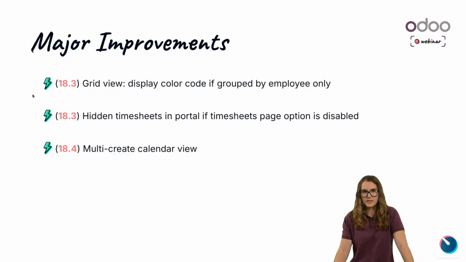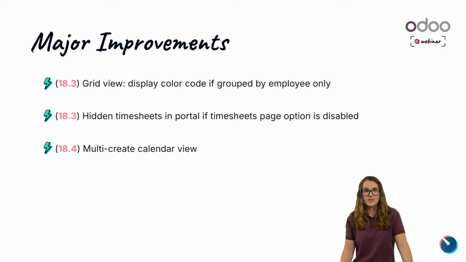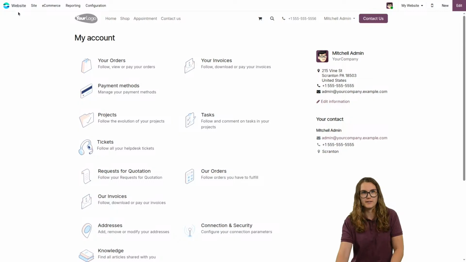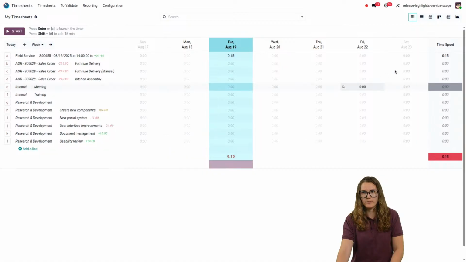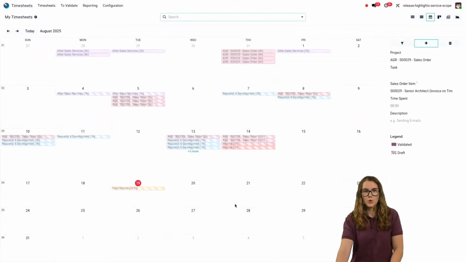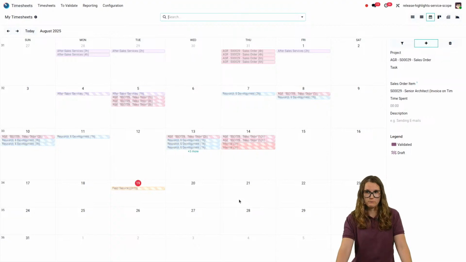And the last one here, we have multi-create from the calendar view. So basically from 18.4, we have a great new feature that allows you to easily create timesheets from the calendar view. Let me just show you how it works. So I'm going to go to the Timesheet app, and I'm going to go from here. So let's say that I'm a consultant who works on one big project, and I've worked the whole week on the same task. Basically from this view, you have here the plus button, where you need to pre-select the